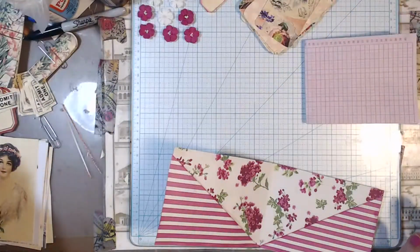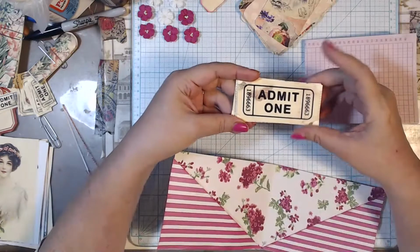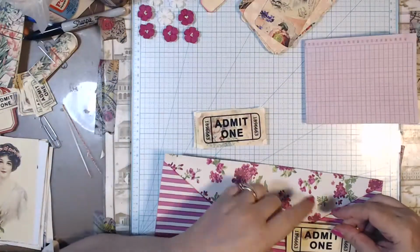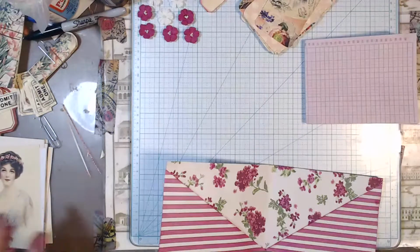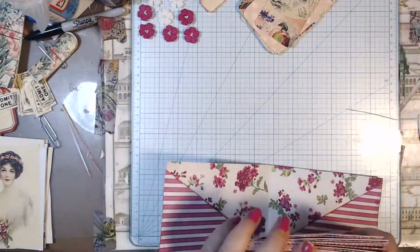And then I printed out tickets from one of the kits that I had. I printed out some extra tickets because I'm thinking I could put them here or here and use them as pockets for the tags. So that was the thought there. So before we go any further, let's do some